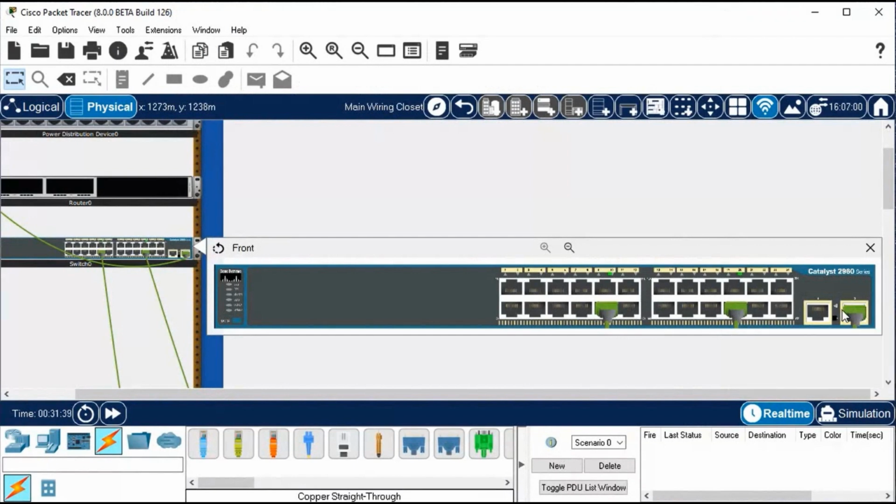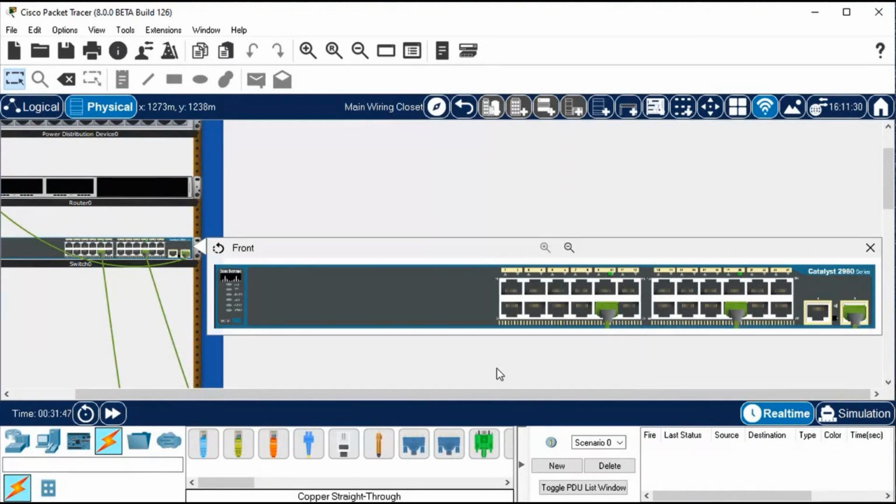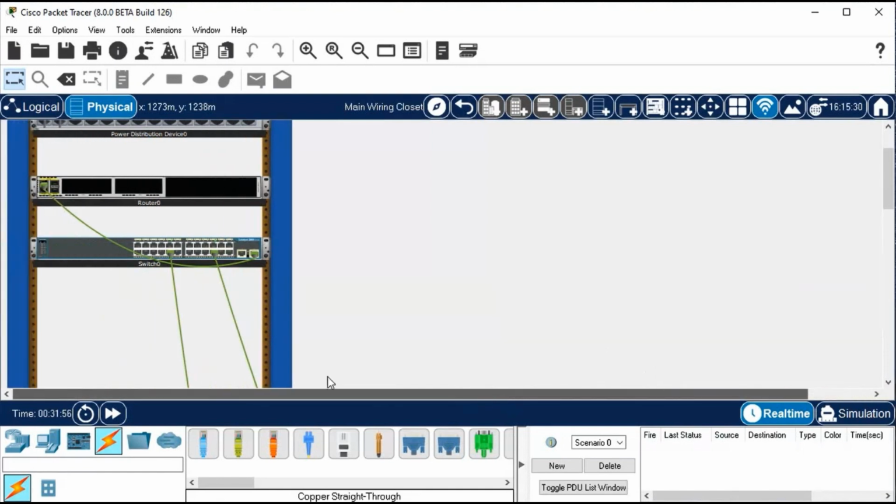And lastly, if I hover over the gigabit connection on the far right side of the switch, we'll see that this connects to device router 0. This is great information for us to be able to document and visualize our interconnected physical network. But also, if I close this off, again, we can just follow those cables and see where they interconnect to